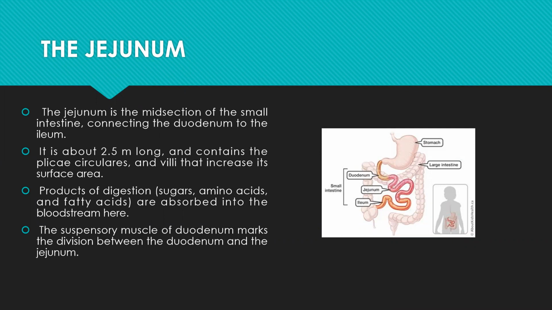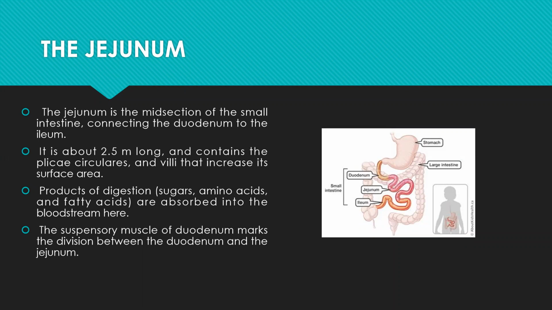The presence of this villi starts from the jejunum, which has many folds to increase the surface area. And the products of digestion like sugars, amino acids, and fatty acids are going to be absorbed into the bloodstream, mainly starting in this area. Clear? That means whatever the products of digestion, like sugars, amino acids and fatty acids, these are absorbed into the bloodstream mainly in this particular area,